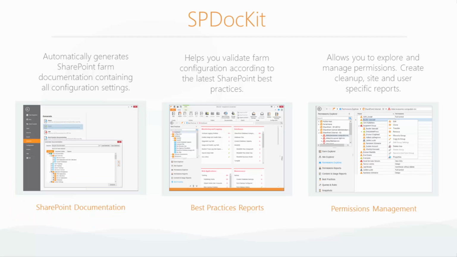The key component of our tool is the ability to create SharePoint inventory documentation. The tool goes into your SharePoint system and documents all the settings, so all the servers, all the web applications, site collections, and service applications. Every setting that you see in the SharePoint Central Administration, we are retrieving and showing either in the user interface available in SPDocKit, or you can create a user-friendly Word document that contains all these settings, or an Excel document